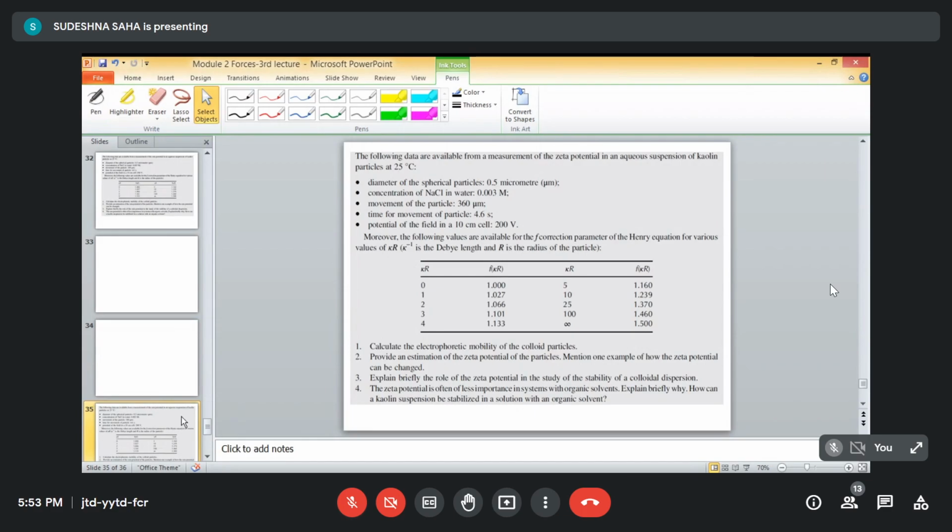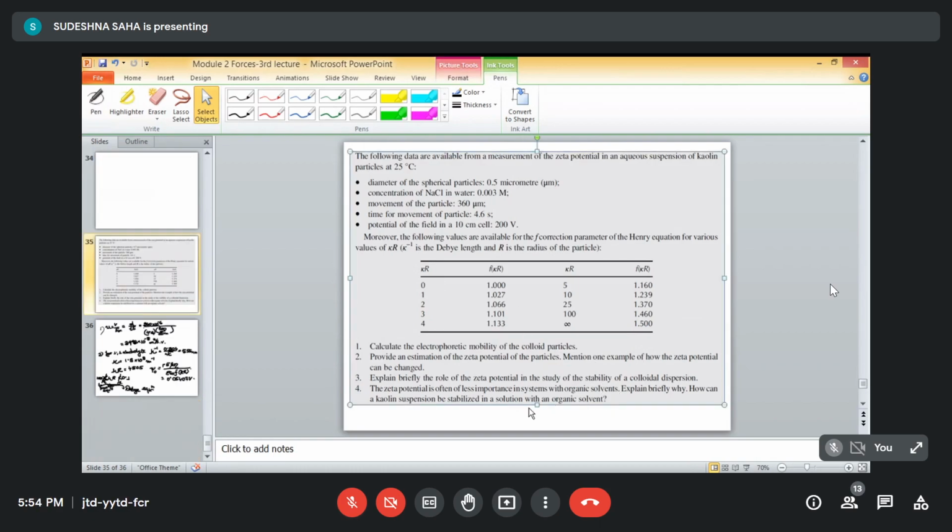হচ্ছে তোমার এমনি zeta potential is often less important system or organic solvents. Explain briefly why. How can kaolin suspension be stabilized in a solution with an organic solvent? এটা বেসিক্যালি with steric stability. ওকে, সো এই লাস্টে 2, 3 আর 4টা তোমাদের দরকার নেই, আমি এটা কেটেই দিচ্ছি। এই জায়গাটা কেমিক্যালের লোকজন ছাড়া একটুখানি অসুবিধাই হবে।